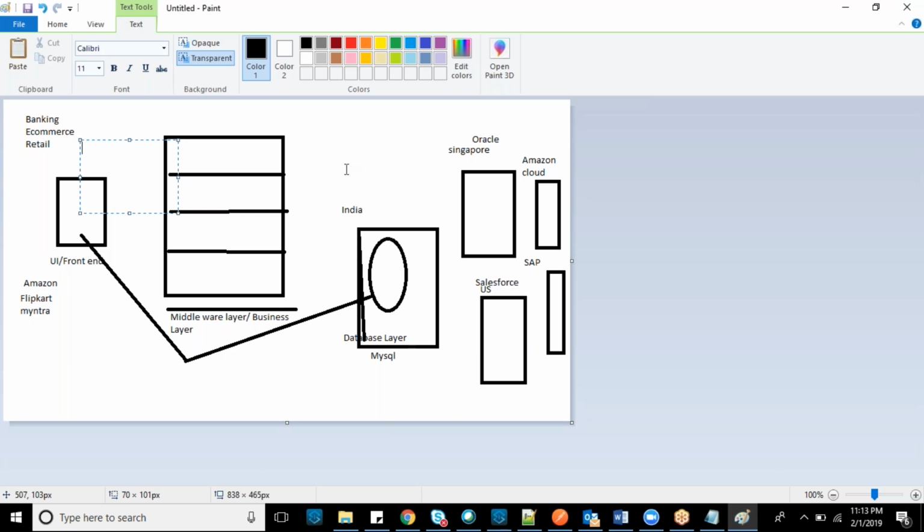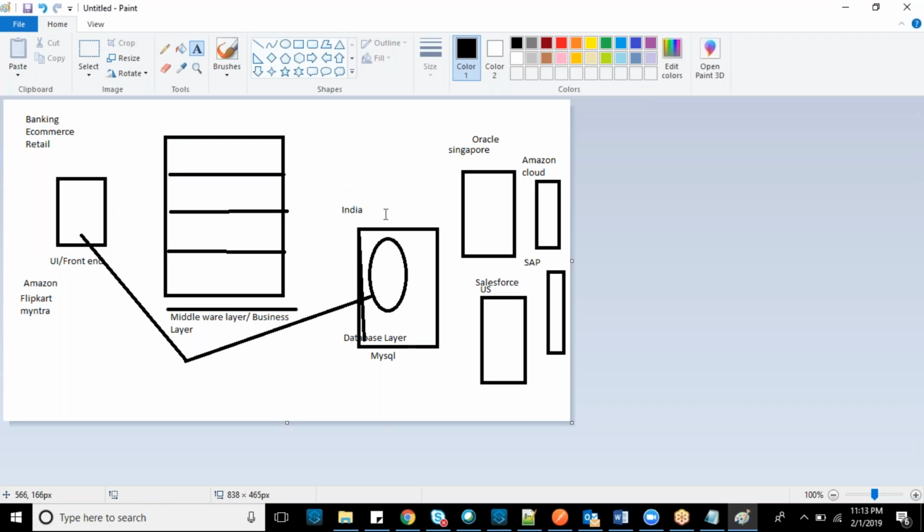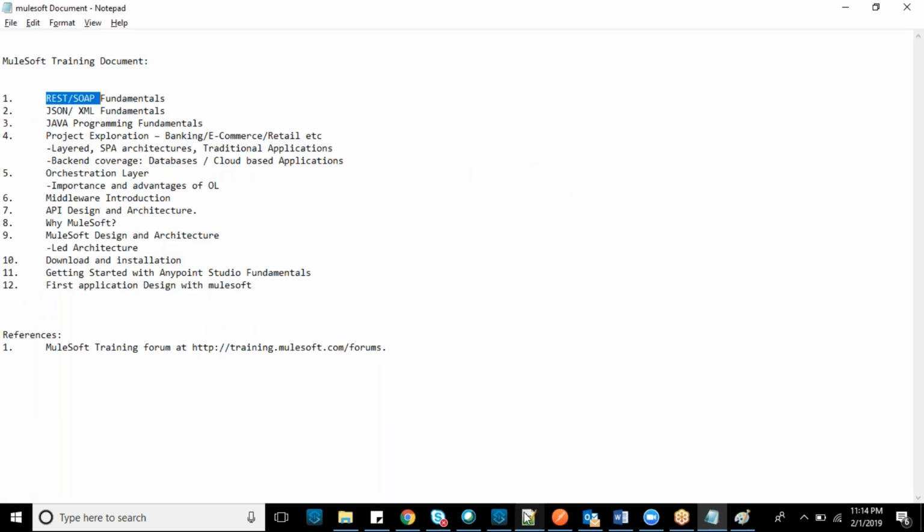But the easiest ways, I'm telling you, are XMLs and JSONs. XMLs are basically used for SOAP. SOAP stands for service-oriented objects, and RESTful services represent state transfer protocols, REST. These are the expansions. But basically, I'll tell you the main difference. Before that, I'll tell you about JSON and XML. Do you know the format of JSON and XML files?